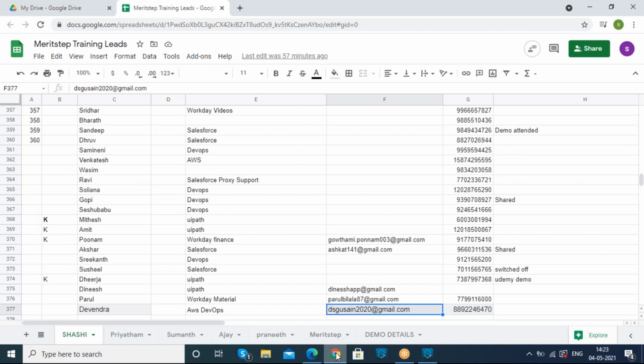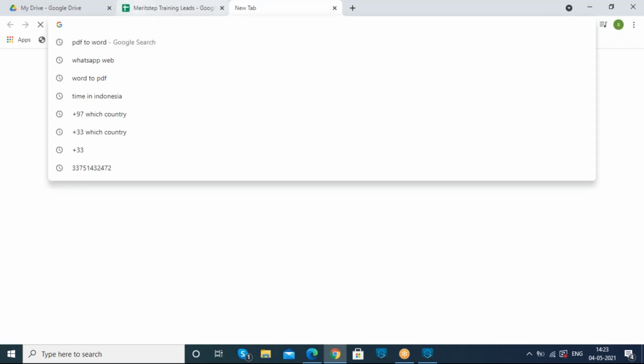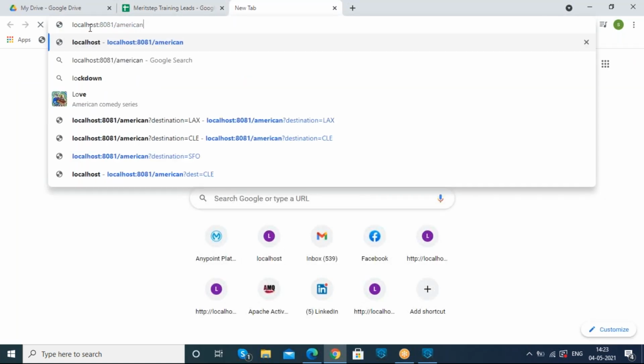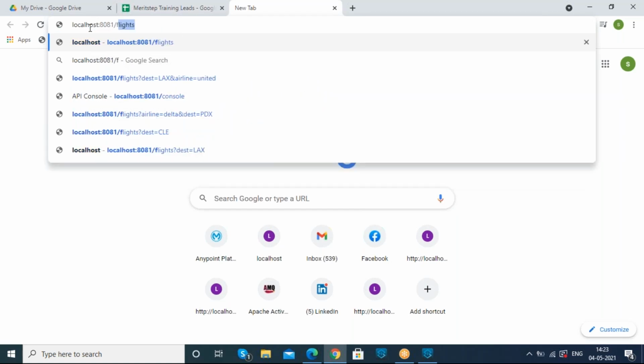We can go to the browser in order to check the response. Localhost colon 8081 slash flights is our end path.